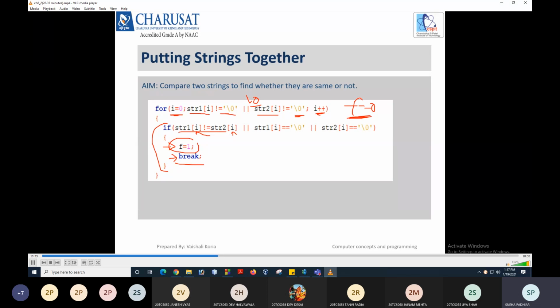Okay, now it is possible that one of the strings is AB and another string is ABC, right? So these two strings are still not the same. Though both have the same initial two characters, the string size is obviously not the same, so we cannot consider these two strings as same. Okay, so with this condition that str1[i] is not equal to str2[i], right, we have to